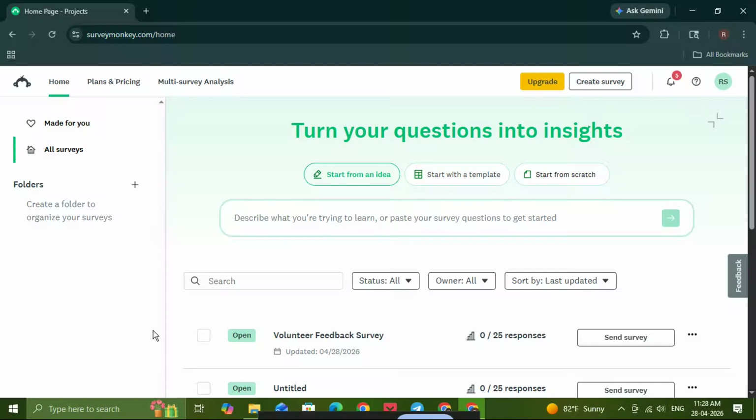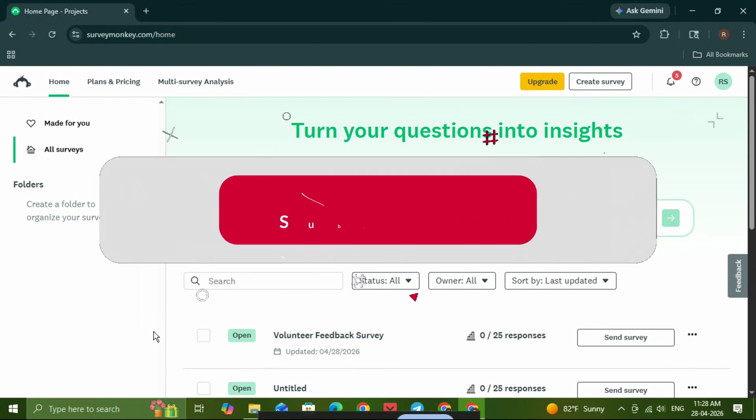If you want to limit the number of responses in SurveyMonkey, this video will show you exactly how to do it step by step in just a few minutes. This is a very useful setting if you only want a survey to collect a specific number of responses, like 30, 100, or any other limit you choose. It helps you control your data, stop the survey automatically when the limit is reached, and avoid collecting more responses